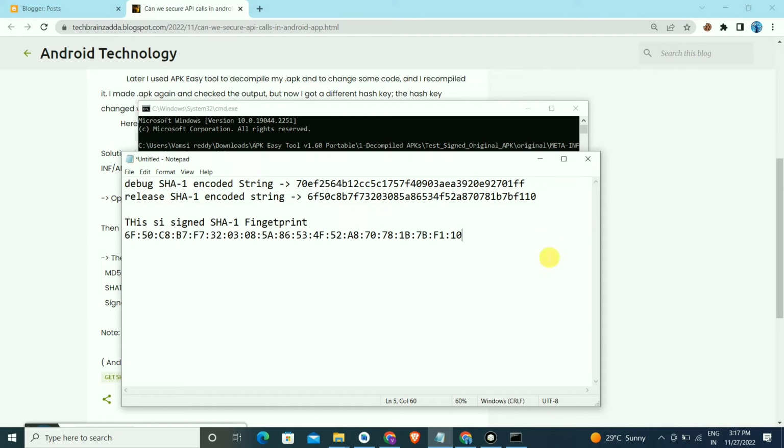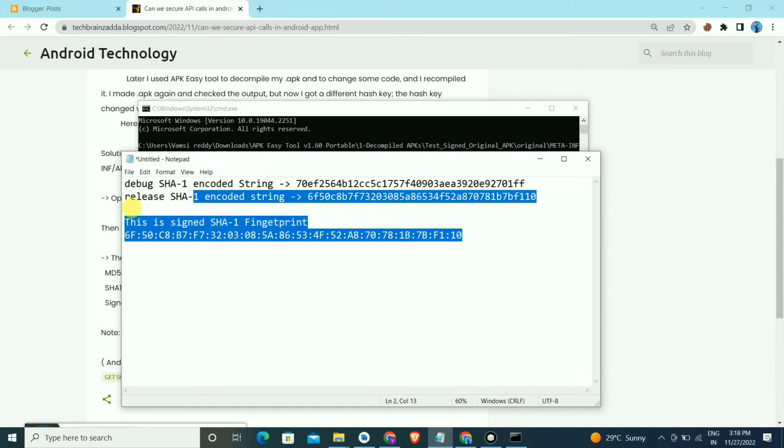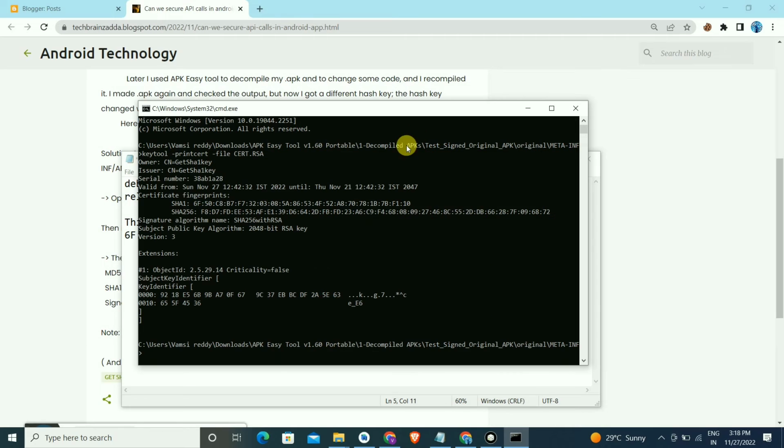This is very dangerous also when we are using this SHA-1 key on the server side to encrypt the data. It means this SHA-1 key is easily obtained by using this signed APK and this command. So next time we are using this SHA-1 key, we have to make